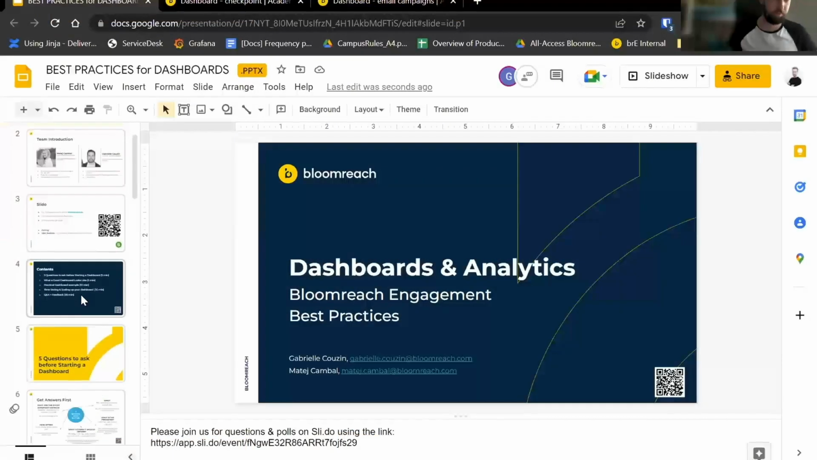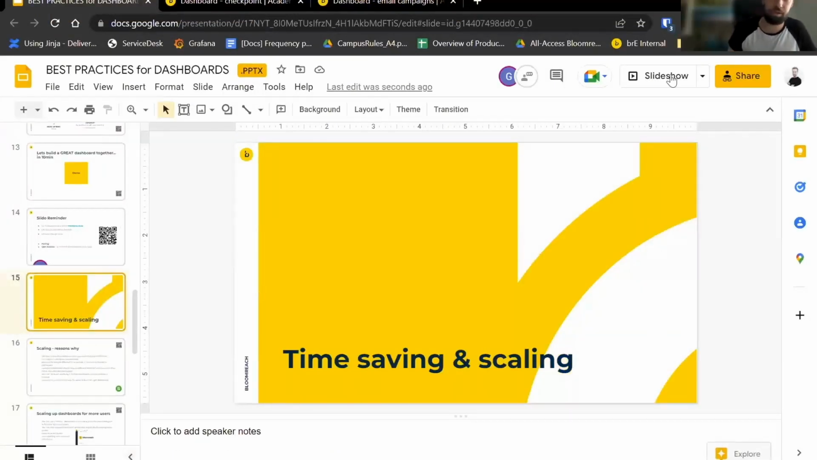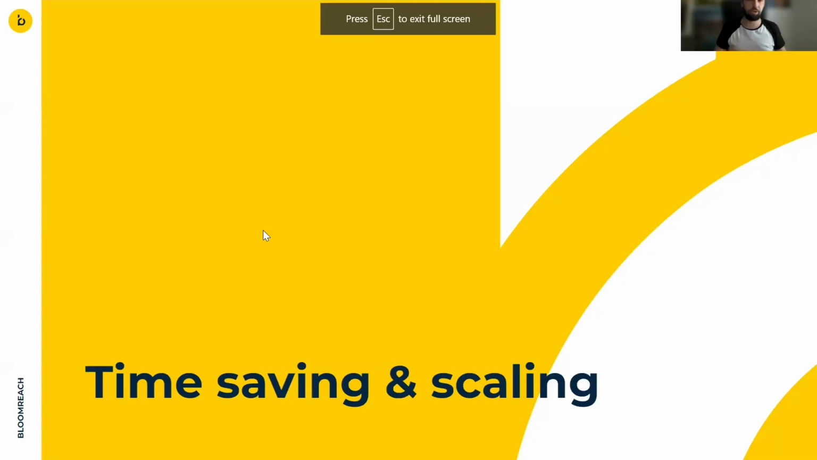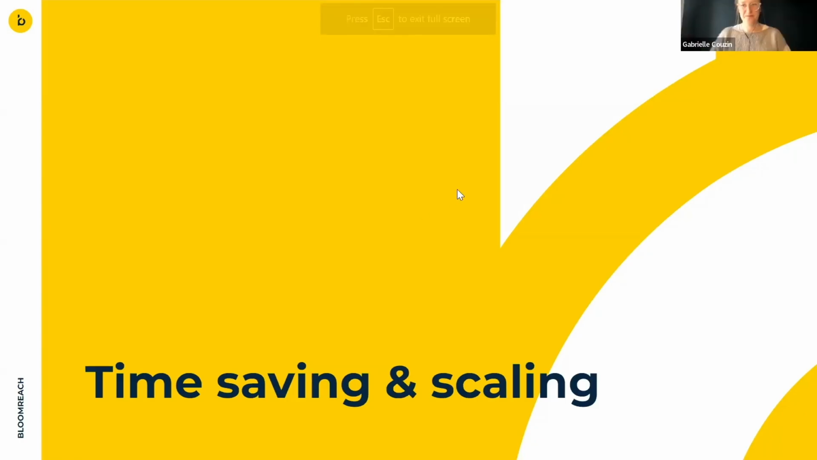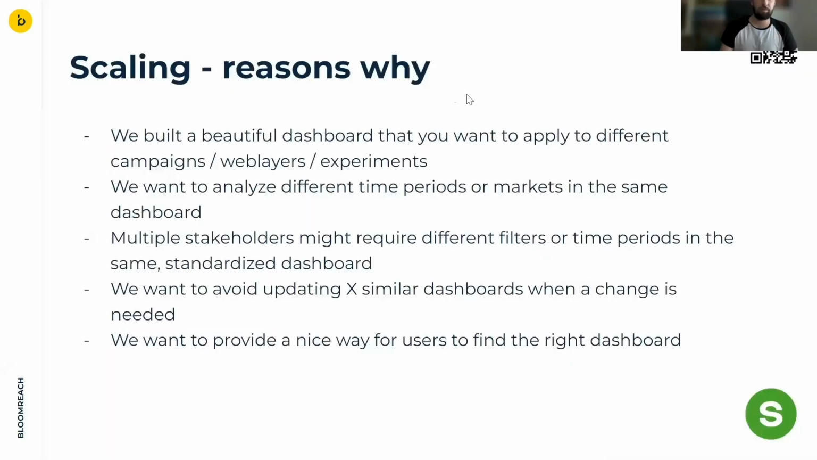So let's take a look at a few of the tips that you might apply when you are building more dashboards, when you are working with different teams within your company. For example, if they're using the data from the Bloomreach Engagement platform. So maybe a few reasons why we want to scale up, or why we want to be more